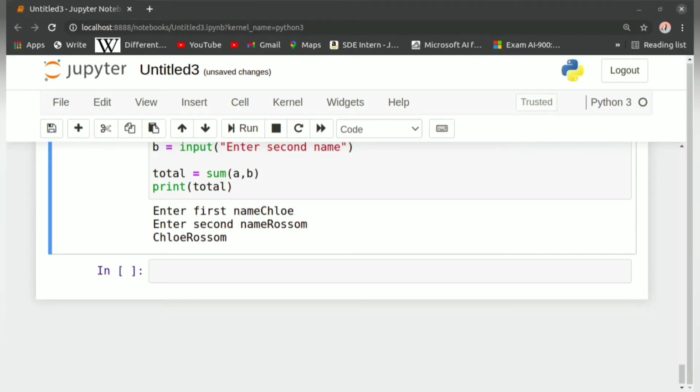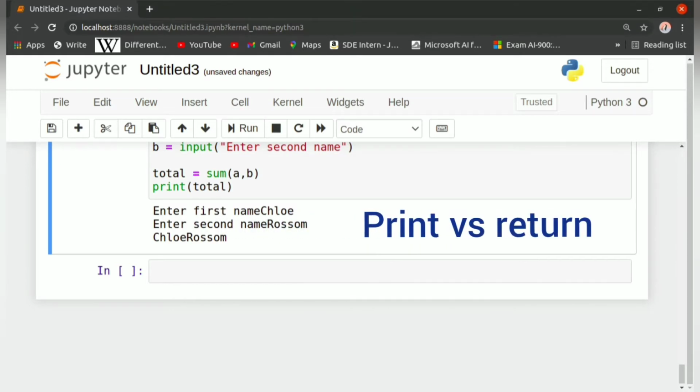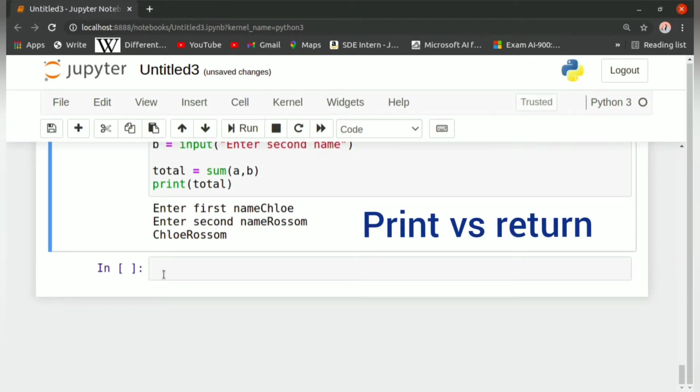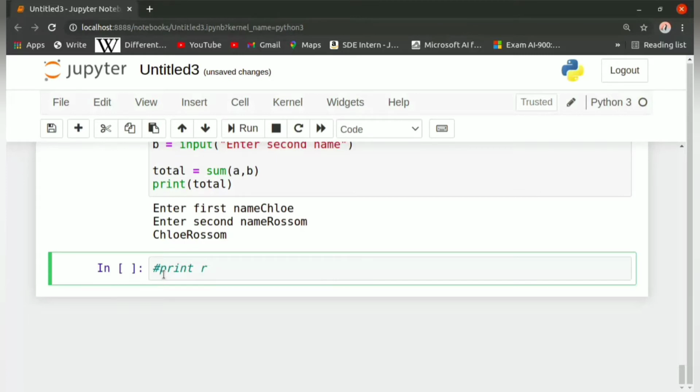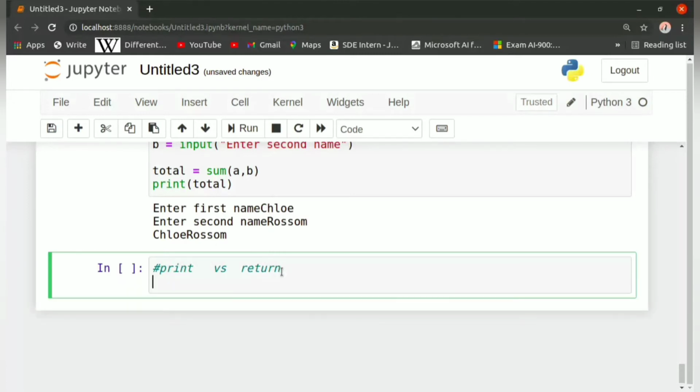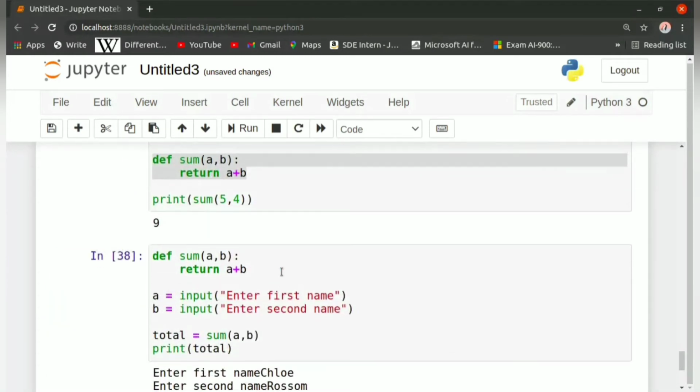So far, after defining a function, we used either the return or the print semantics. What is the difference between print and return? Print just shows the human user a string representing what is going on inside the computer. The computer cannot make use of that printing. Return is how a function gives back a value. This value is often unseen by the human user, but it can be used by the computer in further functions.